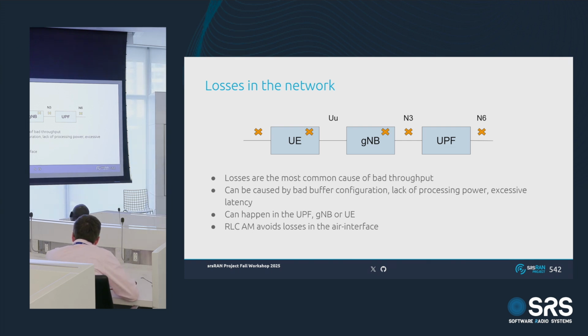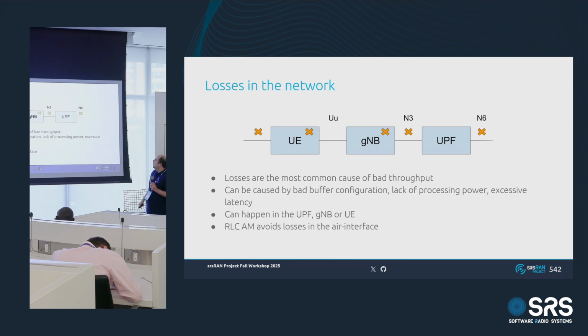Not all are equally likely. Some things are more likely than others, but these are all potential loss points that you need to watch out for. And the reason for all these losses can be bad buffer configuration. Your buffer is too small. You drop at the ORAN C buffer because it is too small, you drop